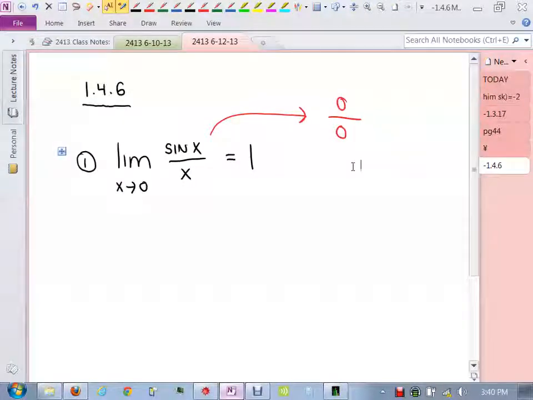Now, I don't have this in my notes, so I want to also show you something else. The limit as x approaches 0 of x